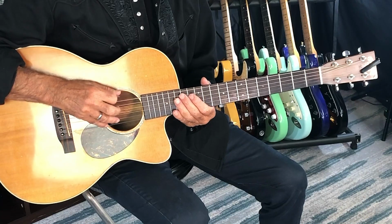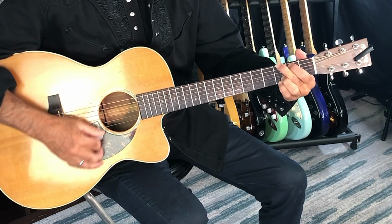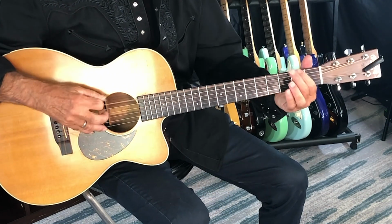Okay, now let's talk about, I talk a lot about the things that make it interesting, which is the connective tissue. So that's little walk-ups, walk-downs, hammer-ons. These are things that make it sound a little less folky and a little more, I guess, Americana, a little more hip, okay? So the first one I'm going to show you is a walk-up from E. So you got your open E string, and then E2 to your G chord. This is a classic, like, country rock kind of...